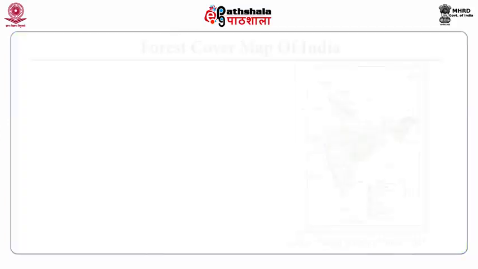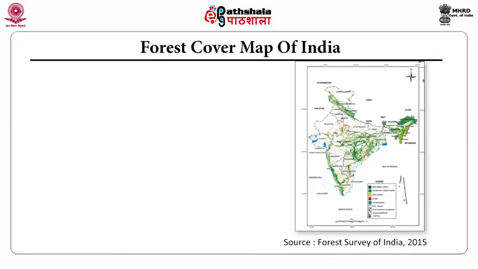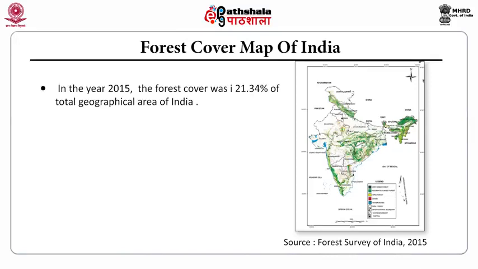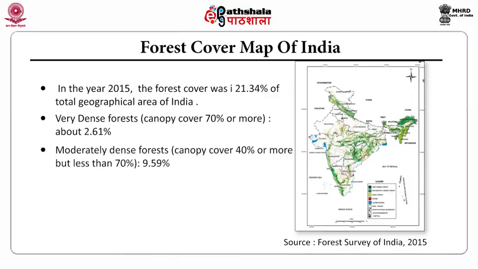The forest cover map of India is shown for the year 2015. The forest cover was 21.34% of the total geographic area of India. Very dense forests having canopy of 70% or more accounted for 2.61% of the forest area. The moderately dense forest, where the canopy cover is 40% or more but less than 70%, accounts for 9.59%